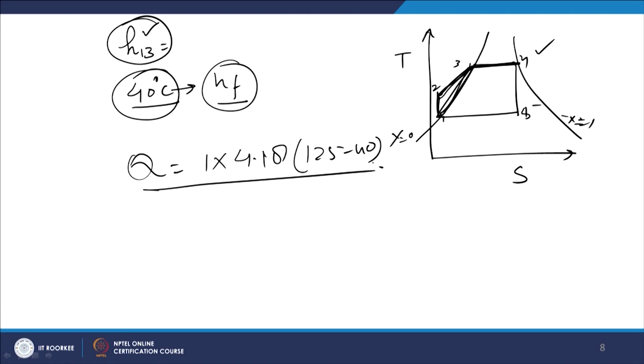Now, this heat addition will shift state 1 to 1 dash, and now the actual amount of heat which is to be added is from state H4 to H1 dash. H4 minus H1 dash is the actual amount of heat which is going to be added in the case of economizer, and when you solve the numerical, you will find that there is a 10 to 15% saving in heat in the boiler. So, 10 to 15% is quite a significant saving.